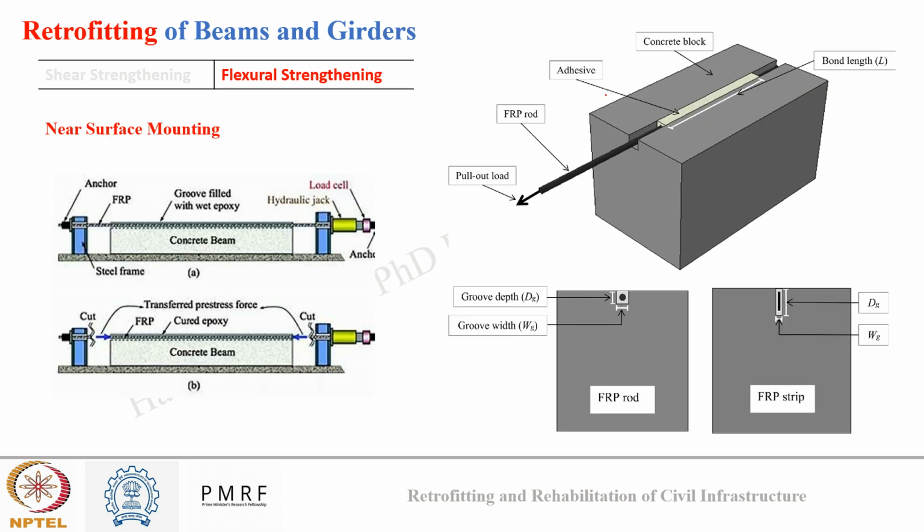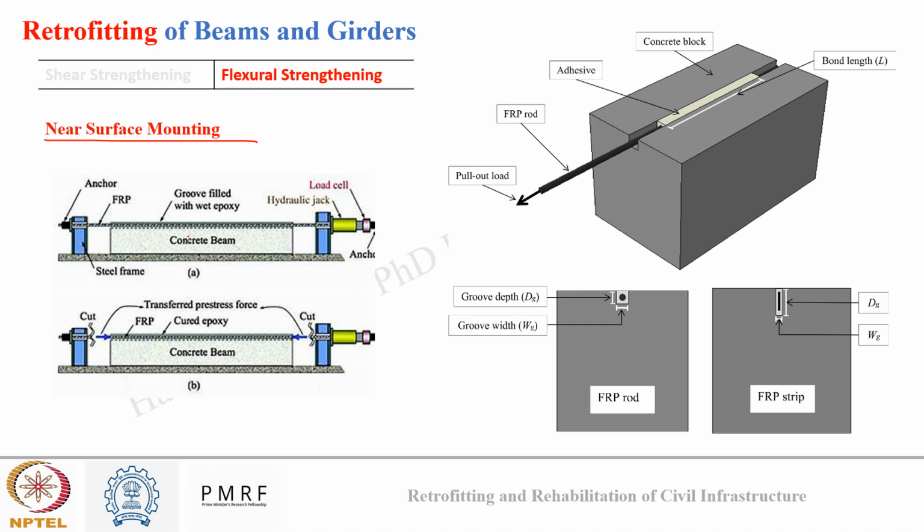Next we can go by near surface mounting. Okay. So in this method, what is done? A small groove is made at the top of the beam, and the steel tendons or rebars are installed inside the groove. The groove is then grouted and sealed, and in this way, the additional member will add value to the existing member by acting as an additional RC member to carry the tensile load coming from the top, which will be delivered to the existing RC in its top fiber, which will have a higher compression strength to resist the